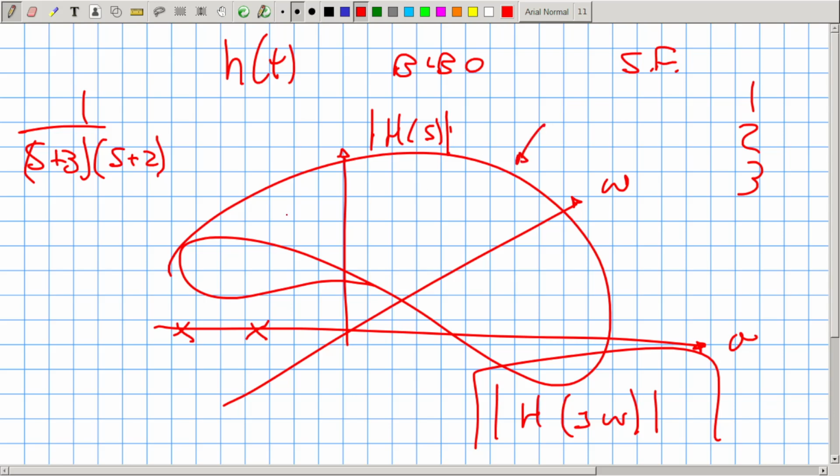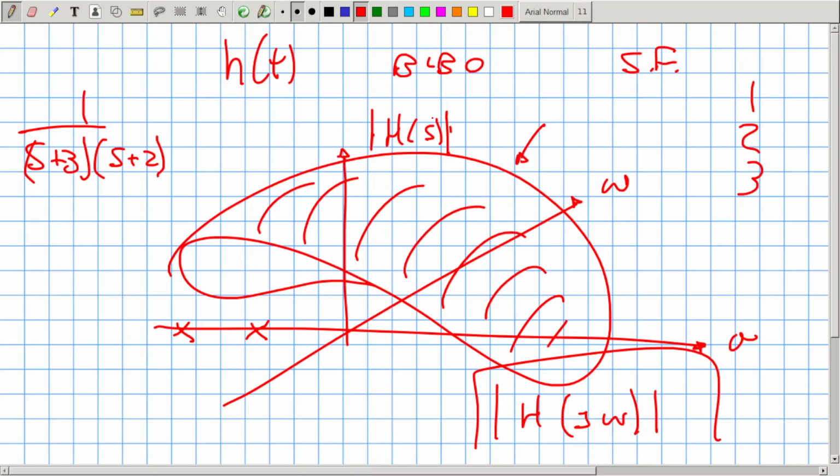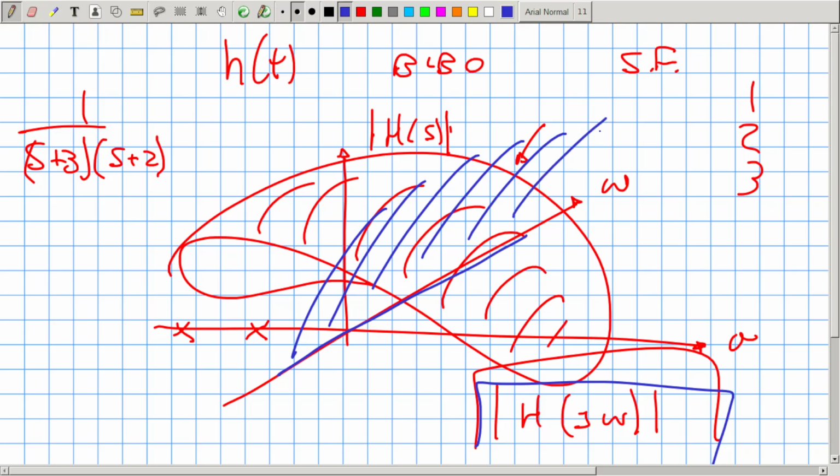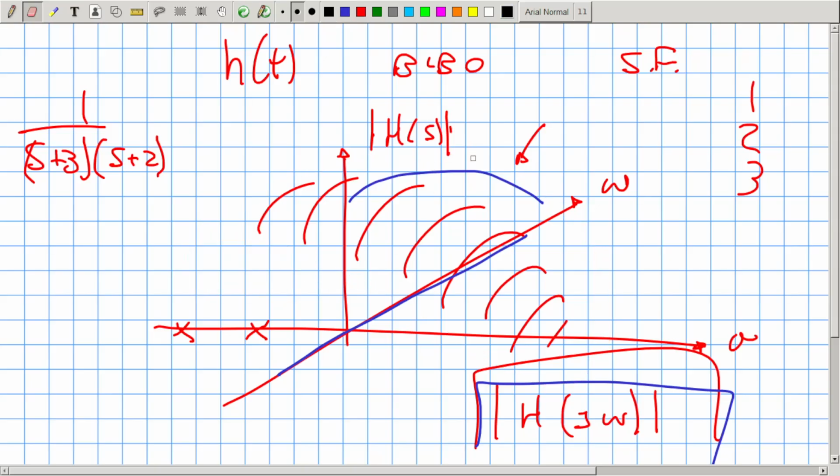This one is this blanket here. True? Are you visualizing what I'm drawing? And I want to find this object here. If I take this plane, the one that corresponds to j omega, what am I going to do? I'm going to cut this object here. True? I'm going to make a cut along the plane, and I'm going to find something that looks like